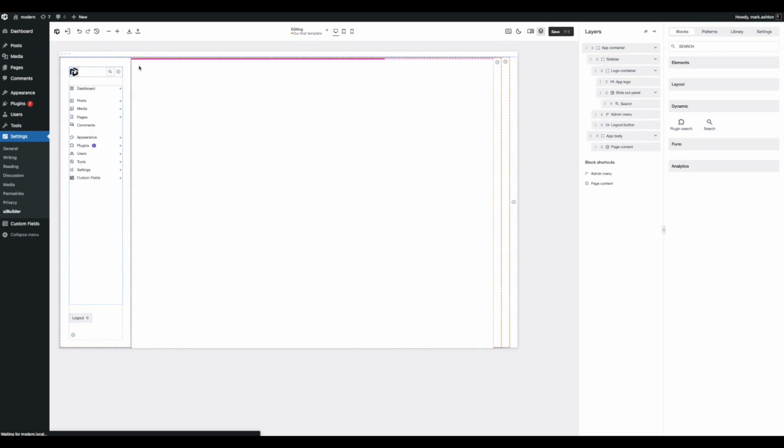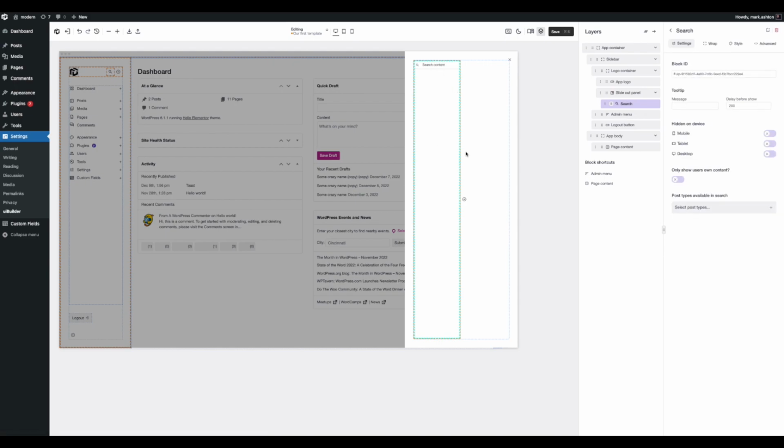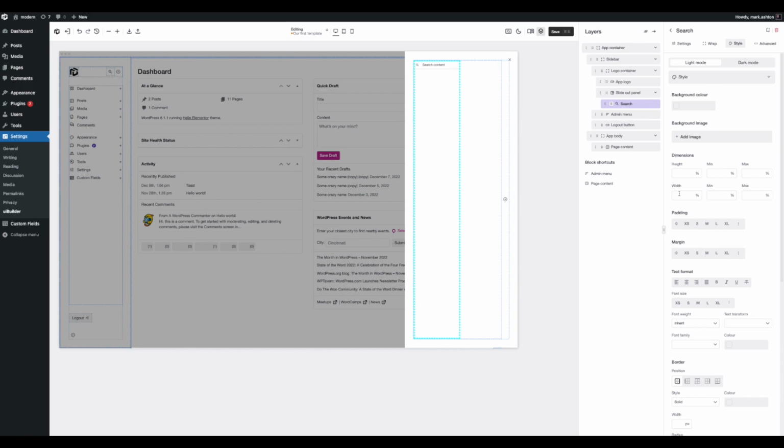Let's come out of preview mode here and bring up the panel again. Awesome. So the search content block is pretty good to go from the start. The only thing we need to do is just make it take up the whole space of the container. So we'll just set a width of 100% for its wrap, and for the style, we'll just do the same thing. And now if we test this,